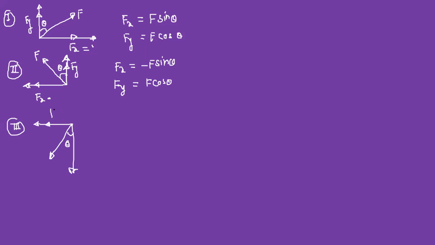So this is your Fx. This will be Fy. So Fx is equal to, again it is negative x direction, so it is minus. Angle theta is with respect to y-axis, so Fx will be opposite. So it will be F sin theta, and your Fy will become F cos theta. Okay. And this is negative y direction, so it will be minus F cos theta.